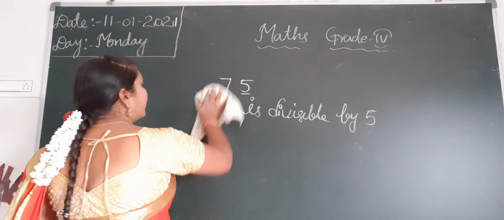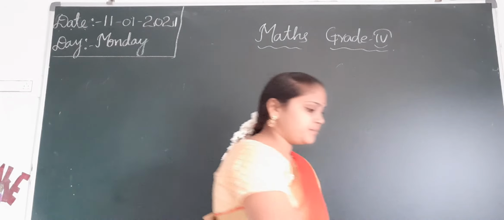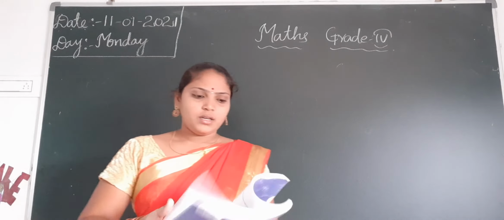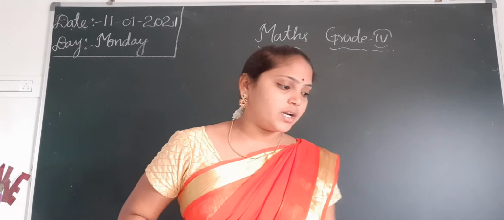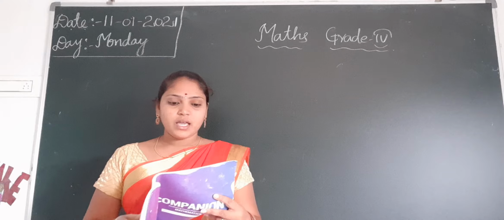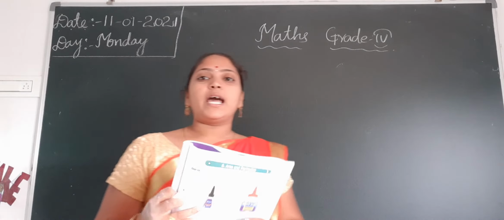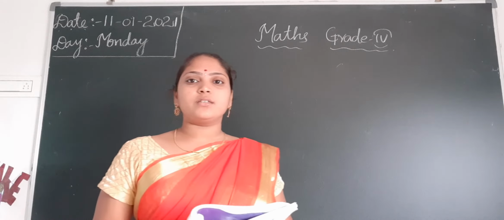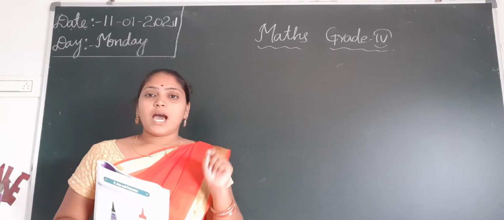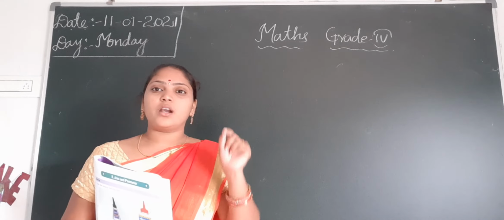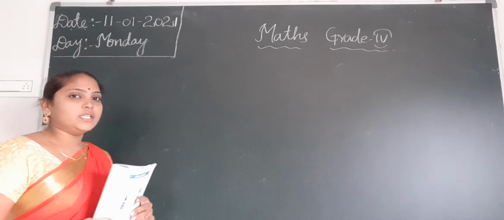Now everyone open the companion, children. Here is given one project work. Actually this is a group activity, children, but you are not here now, so I am simplifying this and I will give it now. Everyone first write any 2-digit number. In this project work, listen carefully, everyone.